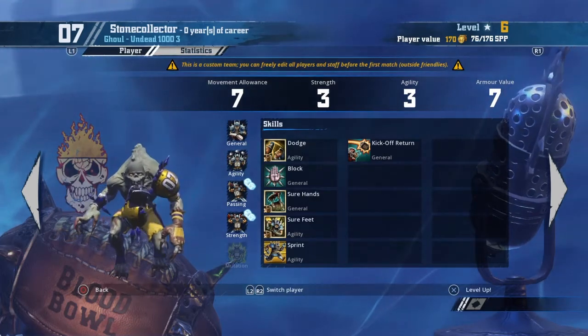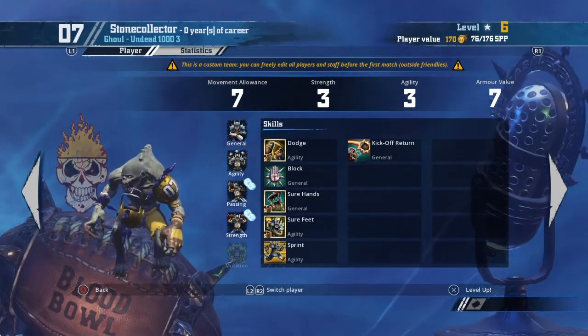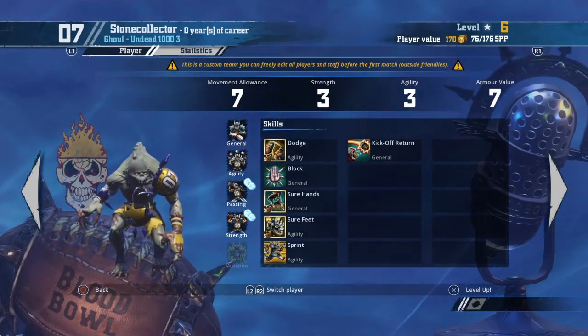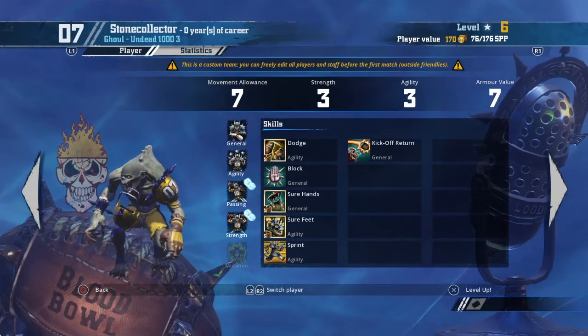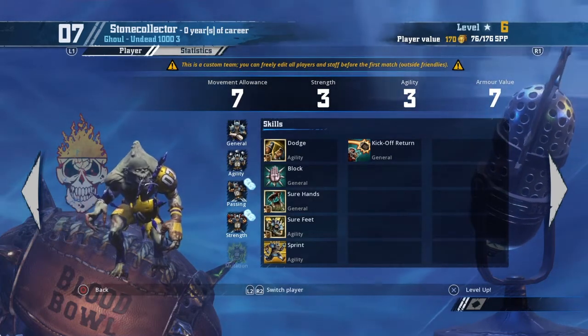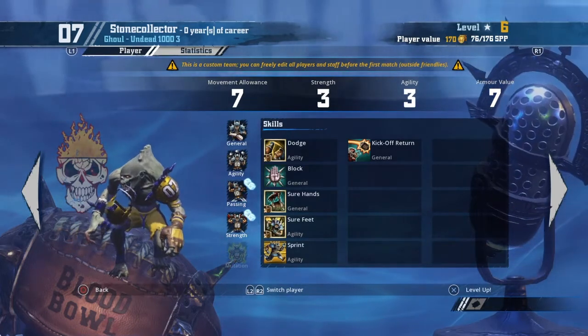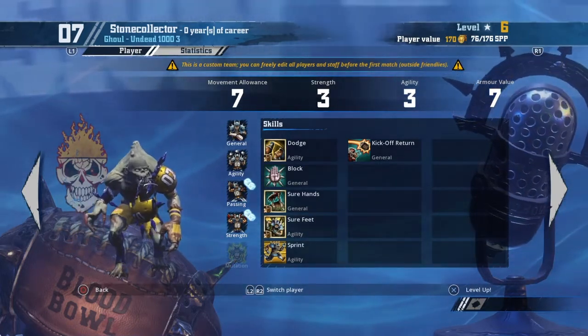needed on this guy, because he is movement 7. But I just think, you know what, if you can get under the ball, catch it, and you've got a nice movement of 7, especially if you've got sure feet and sprint, get yourself deep into the territory and get him locked into a cage nice and safe early. And then after that, it means you're not actually having to move that far to actually be in position to